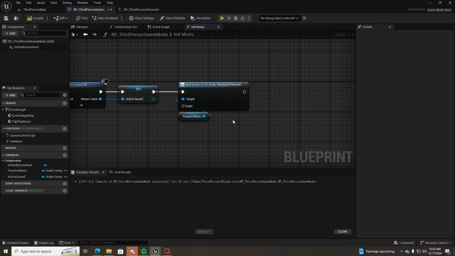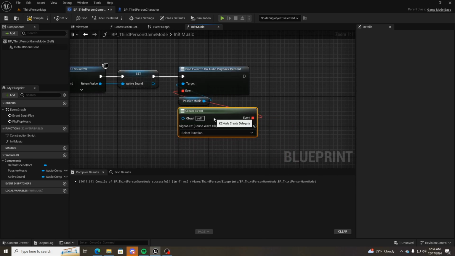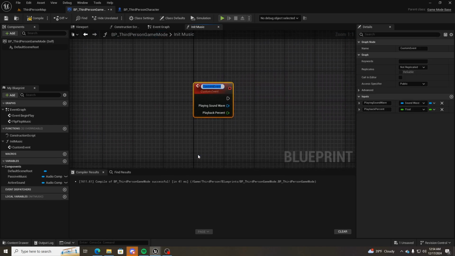Now, the problem is that we can't directly access this in Blueprints. So what we're going to do is we're going to kind of bootleg it into Blueprints. And what I mean by that is we're going to use an event dispatcher. So when we bind an event, it's going to basically give us an event input. And what we do is simply drag out of this, we type in create event. And this is going to create an event, and we're going to say create matching event. And we're going to call this passive playback